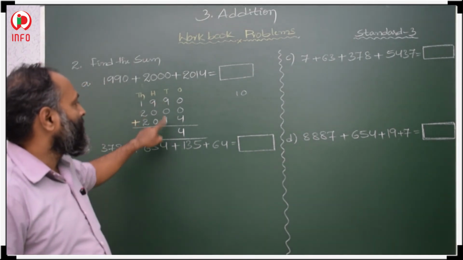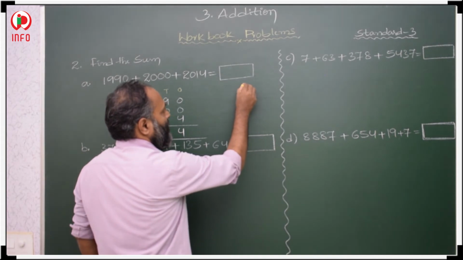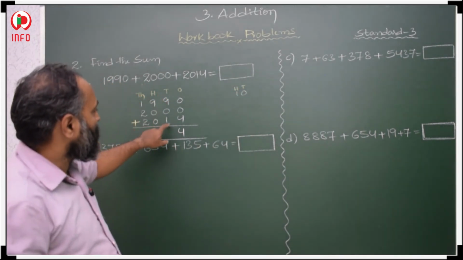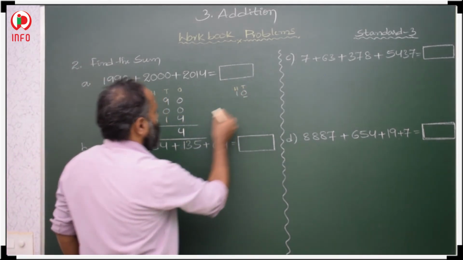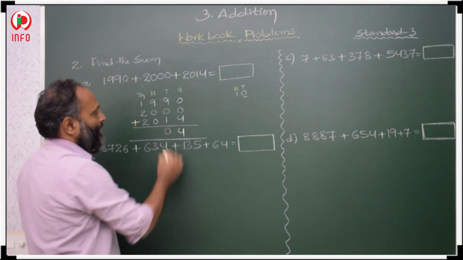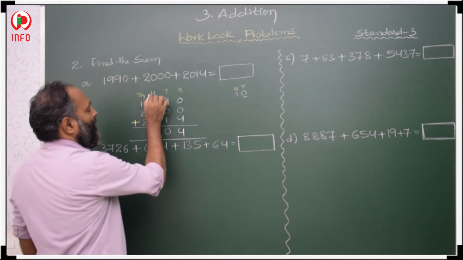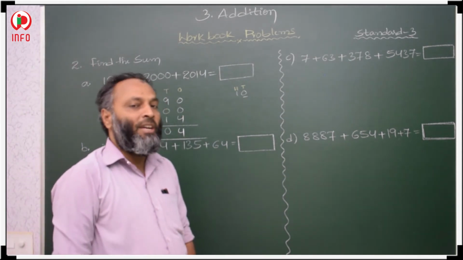If we are adding the tens place, we are getting a double digit number. So it shows tens, it shows hundreds. Why? Because we are adding the tens place. We are getting tens and hundreds. How many tens do we have? 0. 0 tens we have to keep exactly below the tens place. And how many hundreds are there? 1 hundred. So that 1 hundred we have to keep in the hundreds place.